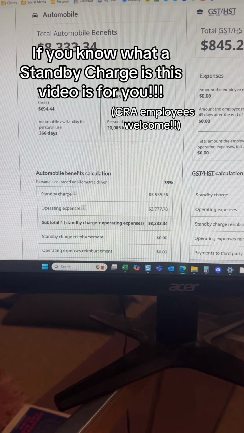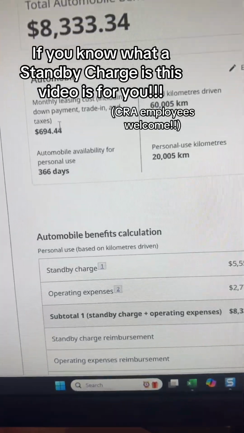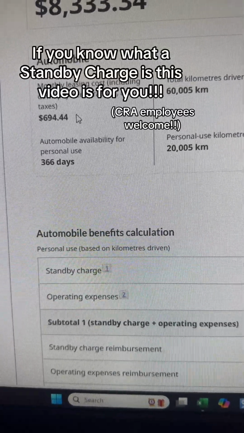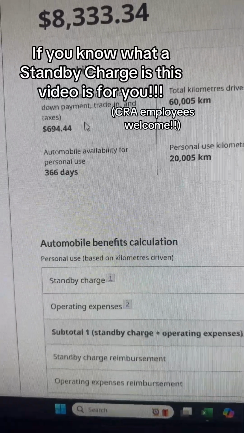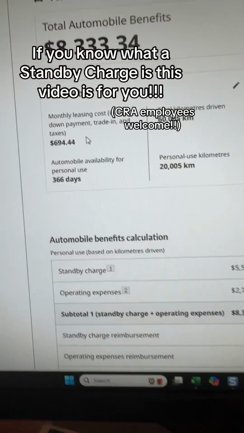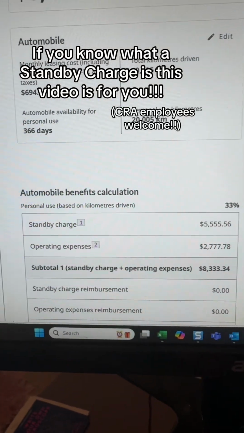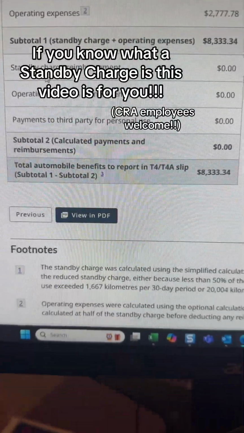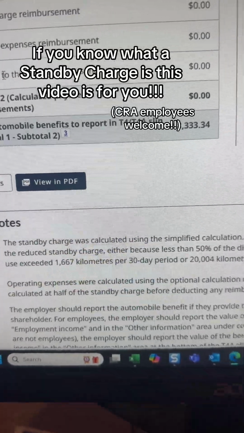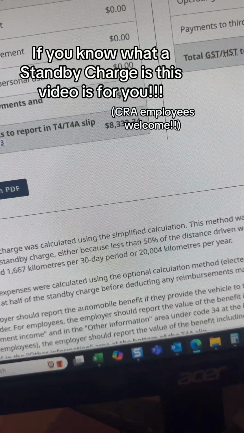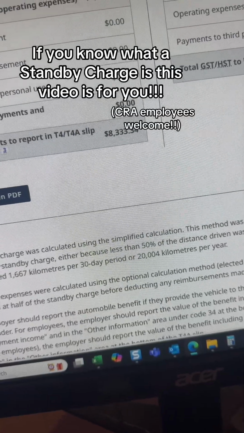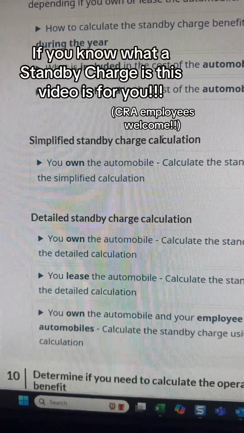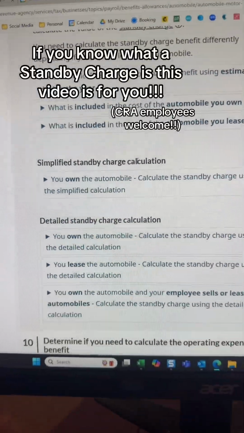Okay, so I'm using an online calculator to verify that my workbook works. And my sample is, see, monthly leasing cost. So this is for a leased vehicle, and I very clearly indicated that in my criteria. And then the standby charge with the little one beside it is not the same as what my workbook says. And that's because when you go down here, the standby charge was calculated using the simplified calculation for a leased vehicle. Simplified calculation is only supposed to be eligible for